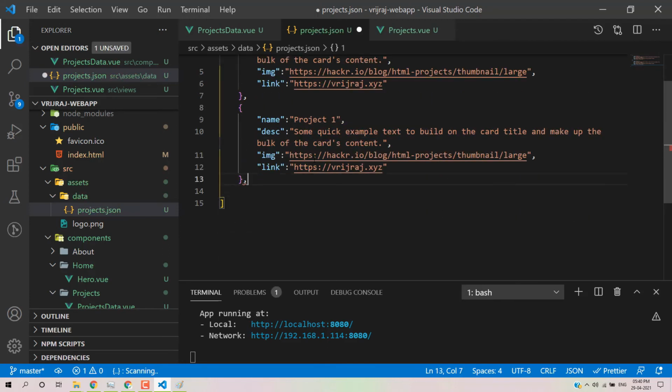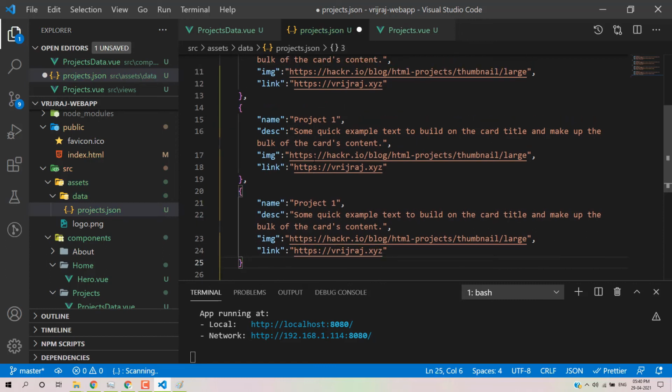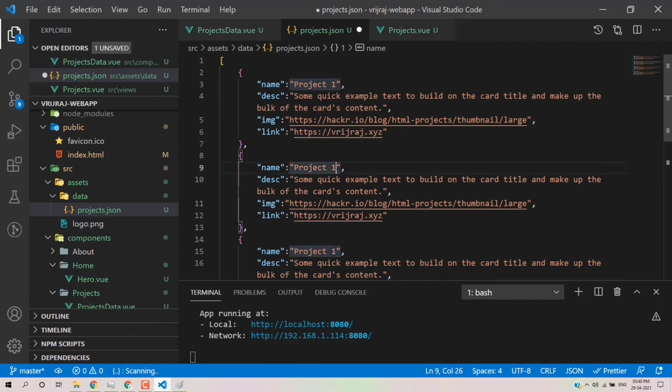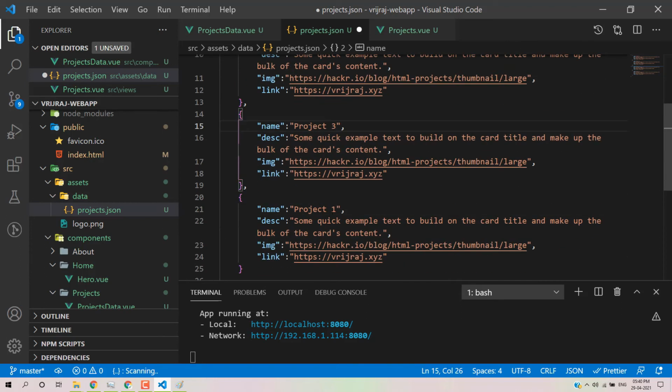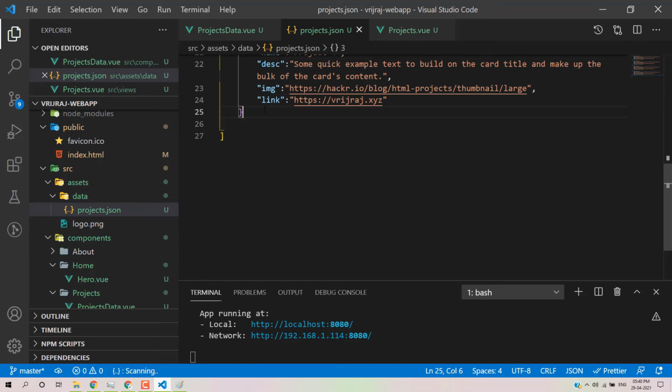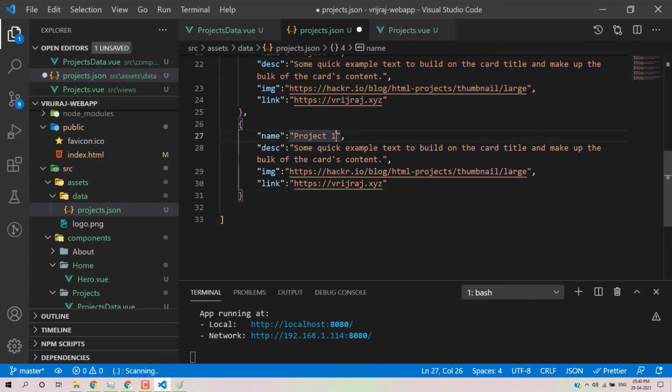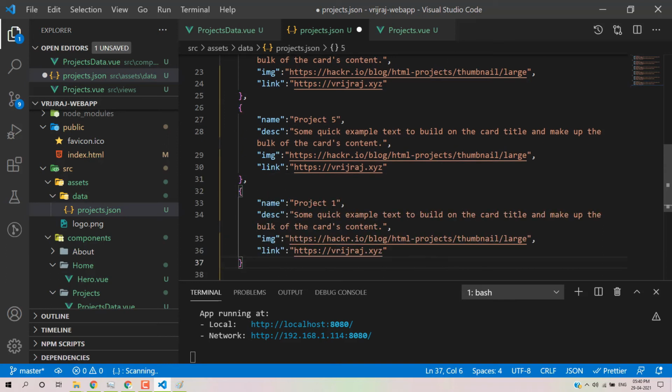I need to add a comma, then paste. So right now this project is 2, this one is 3, and this one is 4. So we have 4 projects right now, or you can mention a fifth one. It's totally up to you. Or I'll add one more, 6.